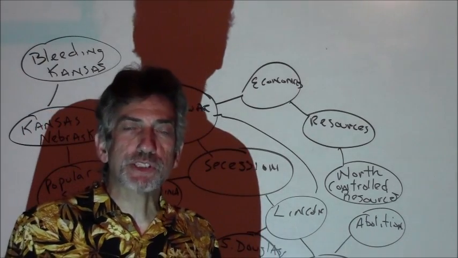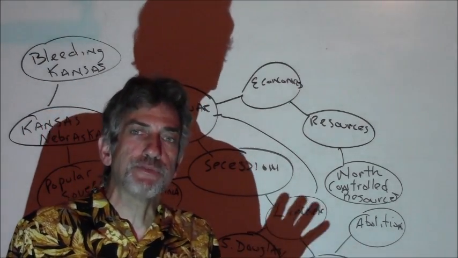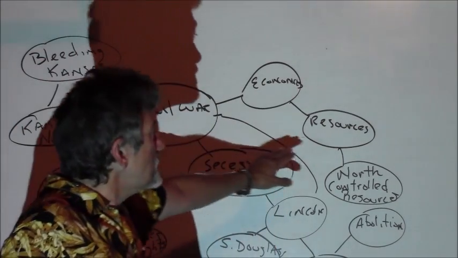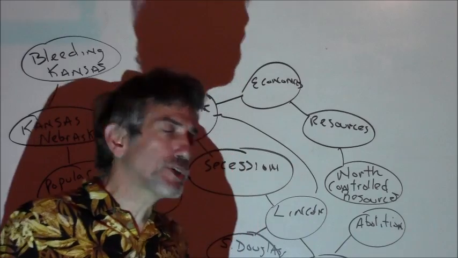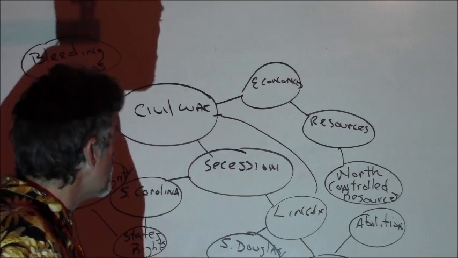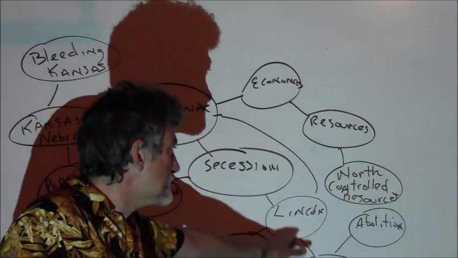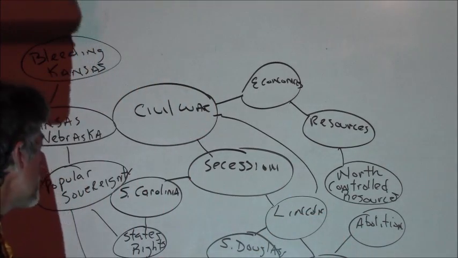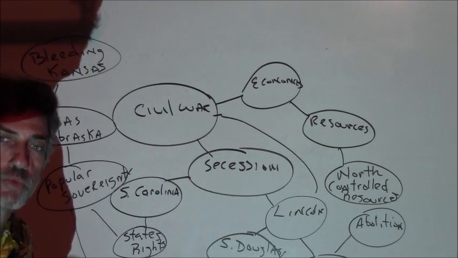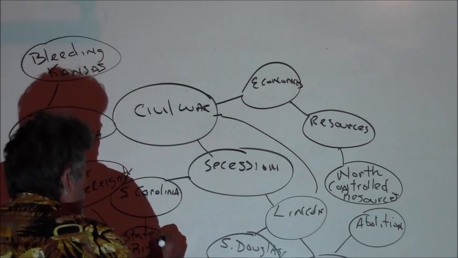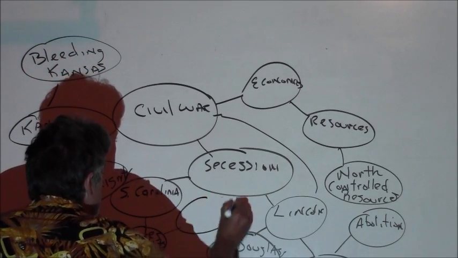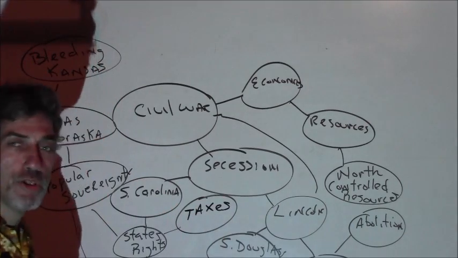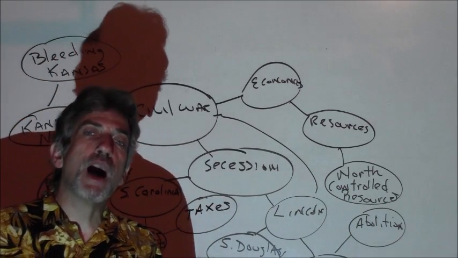Now we know slavery is certainly in the undercurrent as we go to the Civil War, but it's obviously so much more than that. There are economic reasons because of the unequal use of resource and division of resource in the United States. That's certainly there. There are political differences over the idea of abolition. Certainly, no doubt about it. There's the states' rights idea, because states' rights, we know, is more than just slavery. It also has to do with taxes, because there's a whole nullification crisis. You can keep going on and on and on like this.